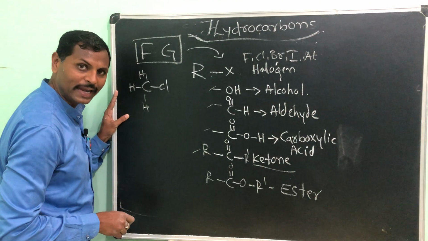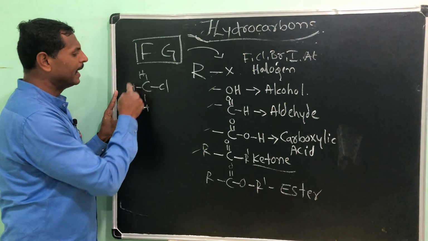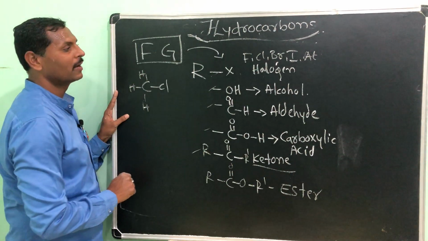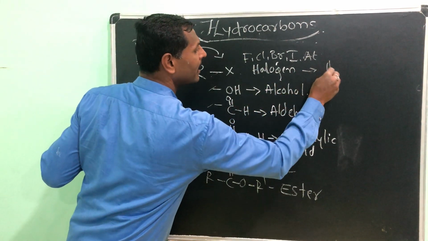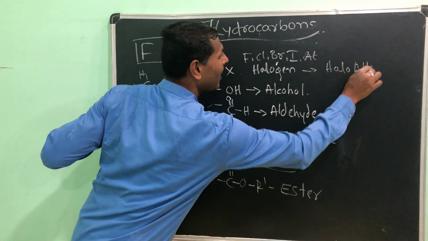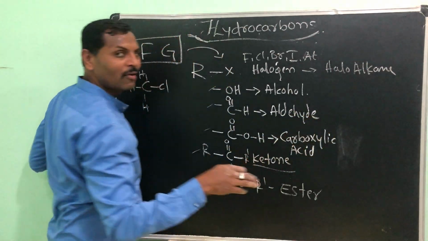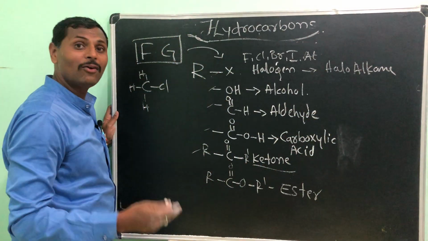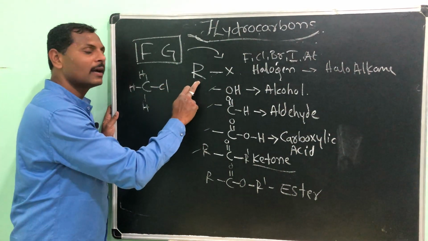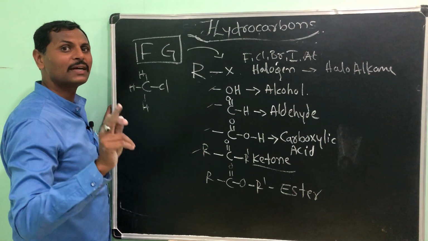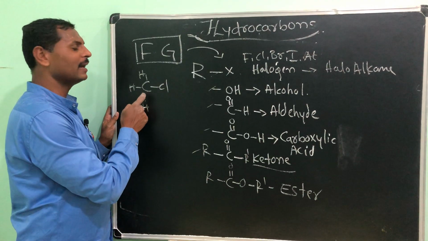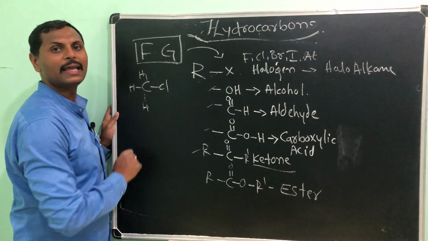Suppose if I take chlorine, now it is not the methane. Now it is the chloromethane. That's why naming we can take it as haloalkanes. That means while naming the haloalkanes, that means halogen group attached to the hydrocarbon, then we have to take the first name, that is the halogen's name only. Haloalkane, then name the alkane. Chloromethane, right?